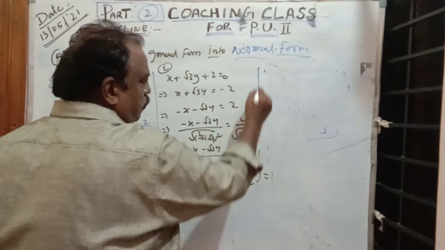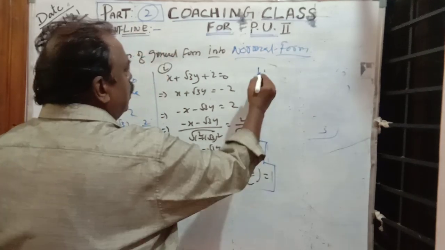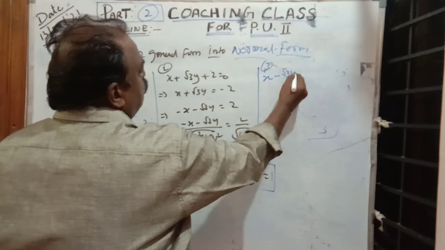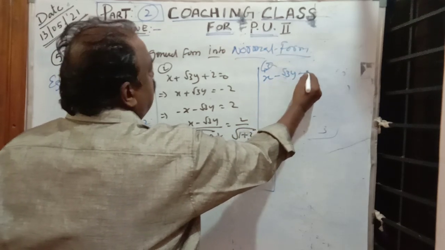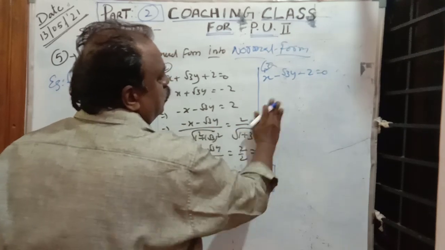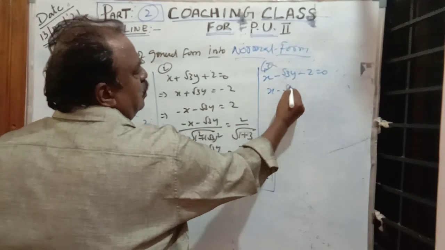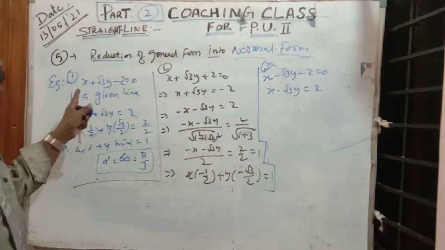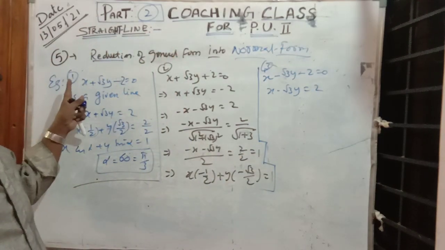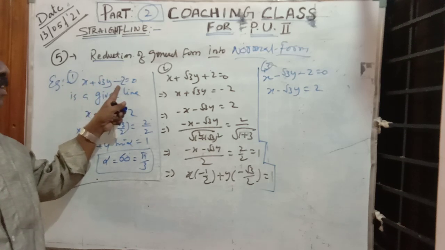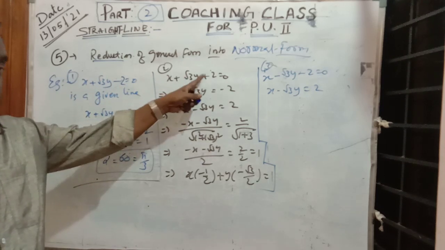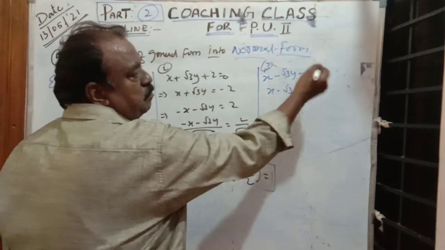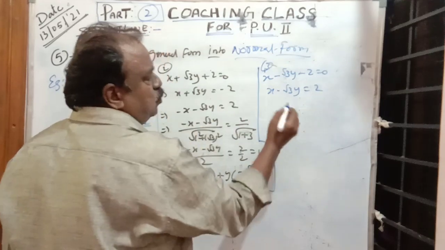You see, next the third one. It is x minus root 3y is equal to minus 2, assume. As usual, x minus root 3y is equal to 2 now, so I am changing the signs. Here plus x minus y, minus constant. Minus 1 goes to that side, it is plus 2.